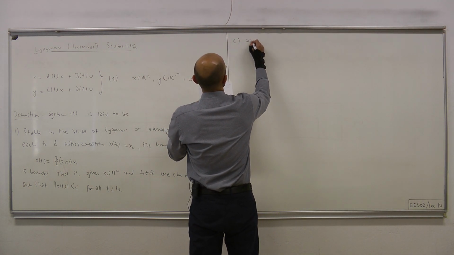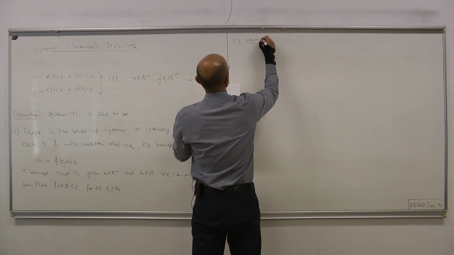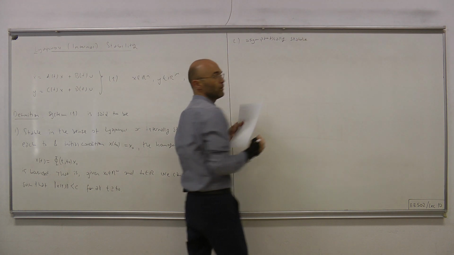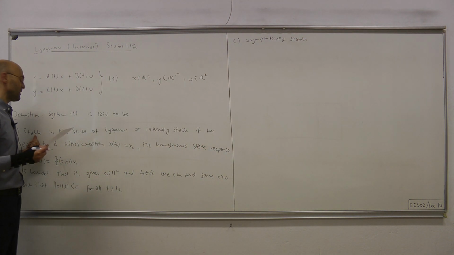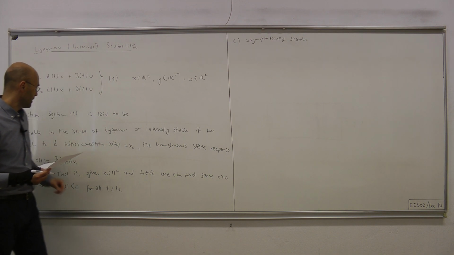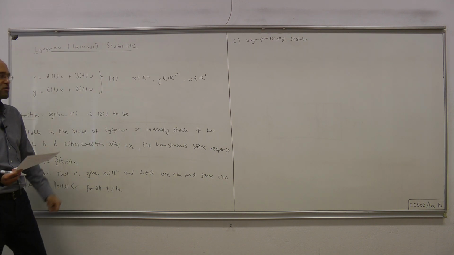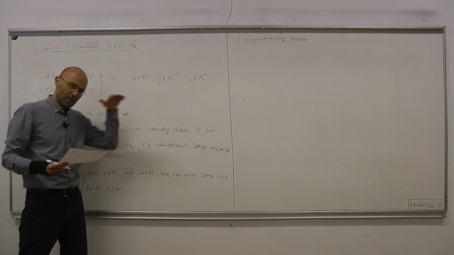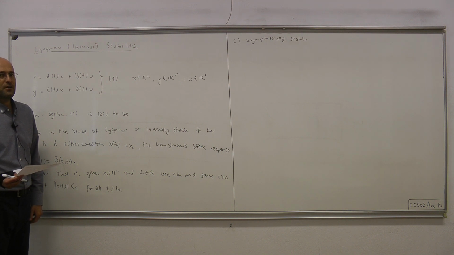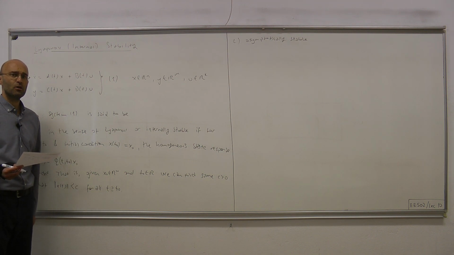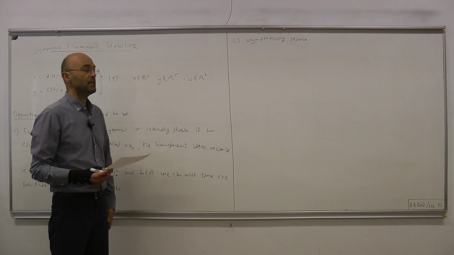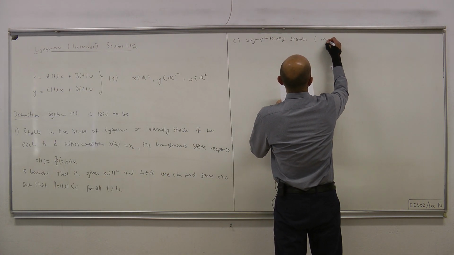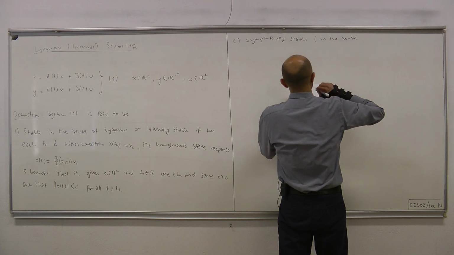Two, the system is said to be asymptotically stable, which is a stronger definition than the definition of stability, if on top of stability it also satisfies that as time goes on the norm converges to 0. Okay, so the solution gets closer and closer, in the limit, to the equilibrium point at the origin. So asymptotically stable in the sense of Lyapunov